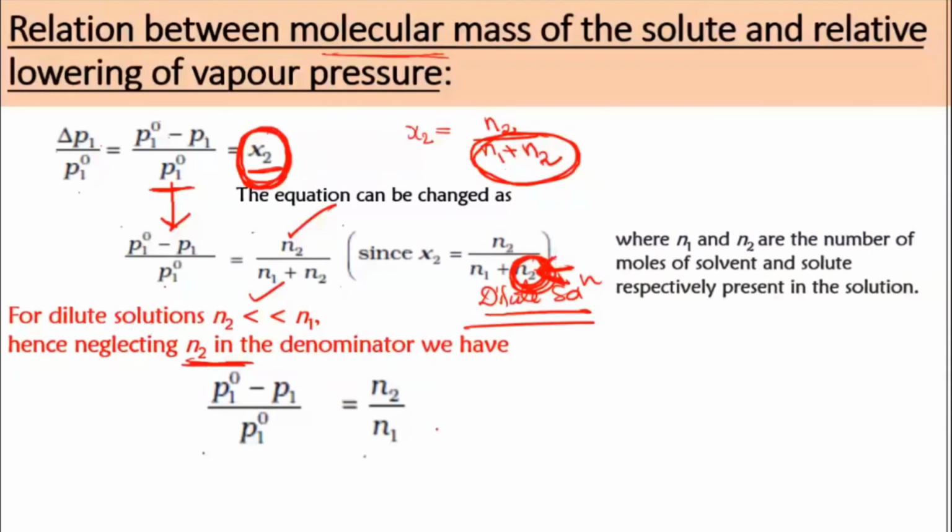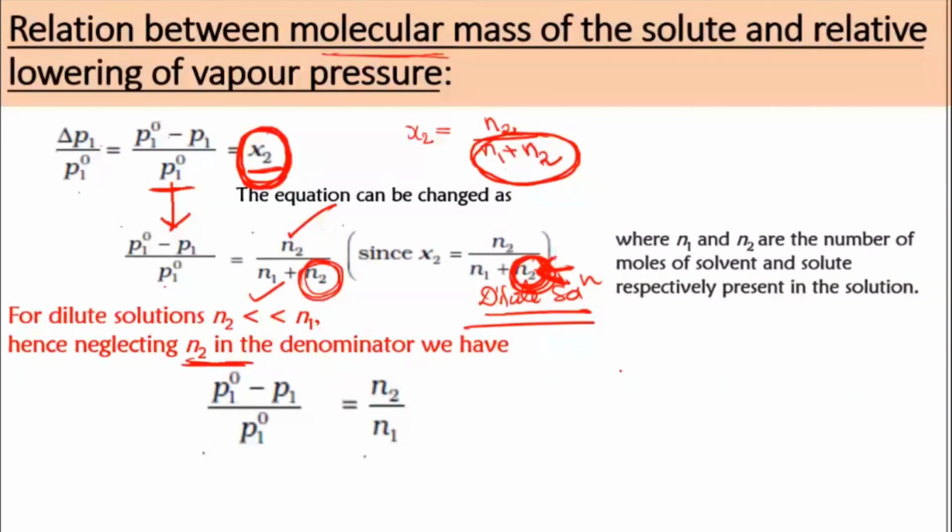Got the point? I think somewhere I've told you also, like if you have 1 million in your bank account, and from that imagine 2-3 rupees have gone out, will it make much difference in the final balance sheet? It won't make much difference, correct? So that is what is happening here also. Much difference you are not able to see, so you can ignore this. So N2 is ignored, and you are left with N2 divided by N1.